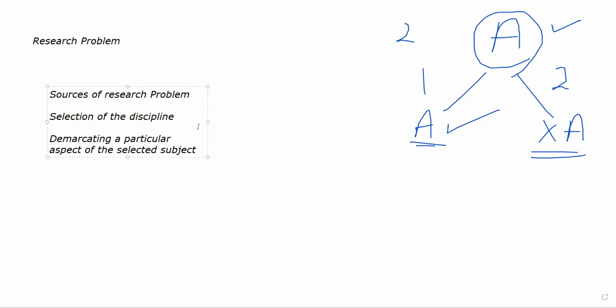What does this mean? For example, let's suppose that researcher selected nursing. They thought that, okay, let me do research in nursing rather than in MBA. Let me continue with nursing and let me choose one particular subject in nursing. Okay. For example, जो subject select करे थे, imagine that is MSN, medical surgical nursing. From selection of discipline में आप nursing choose करके उसमें MSN choose करें, and in that you are narrowing it down a little bit more.